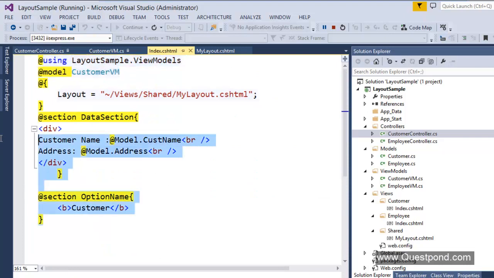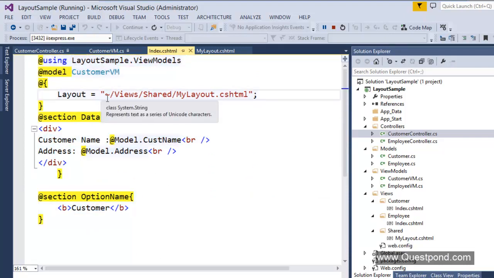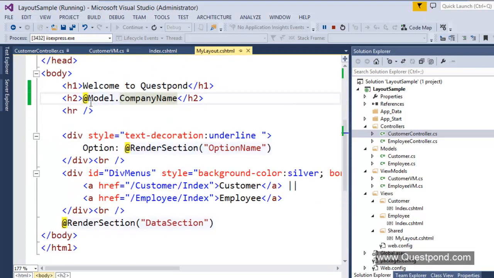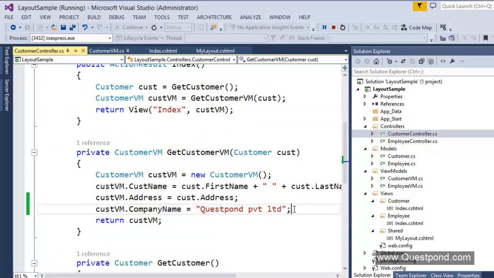Now in index view, as you can see, it is attached to mylayout.cshtml. That means that customer VM instance which is passed as an input to this view get passed to this mylayout.cshtml automatically. That means in mylayout.cshtml @model.companyName will display Questpond Private Limited. It's that simple.